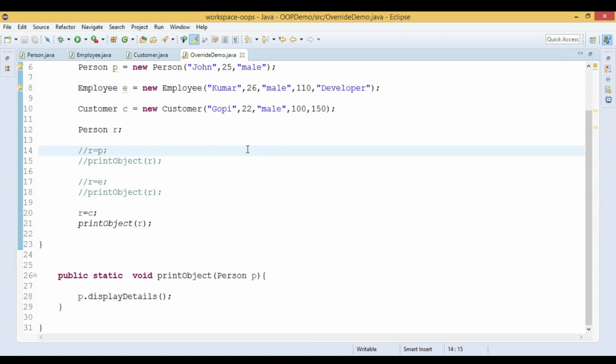If the object reference is Person, then Person's display details method is invoked. If the object reference is Employee, then the display details method of the employee object is invoked. And if the object reference is Customer, then the display details method of the customer object is invoked. So that is decided only at runtime. Okay, so this is called runtime